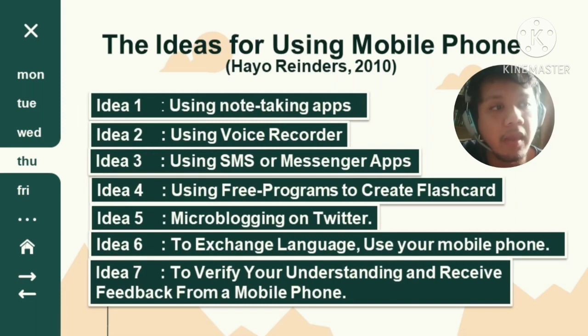Higher-Readers 2010 expresses ideas for using mobile phones in the language classroom. The first idea is using note-taking apps. The idea is to write down English they have been reading and hearing outside the classroom. But not only that, you can also ask them to find particular language styles, and then they can share it with the classroom, the teacher and friends, so they can see what they have found individually